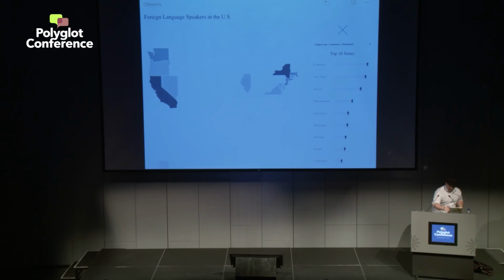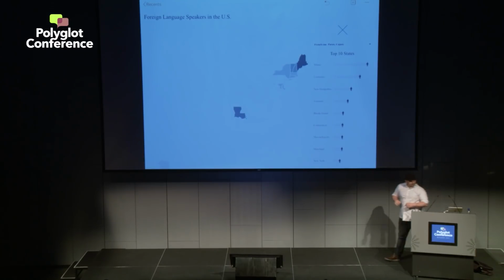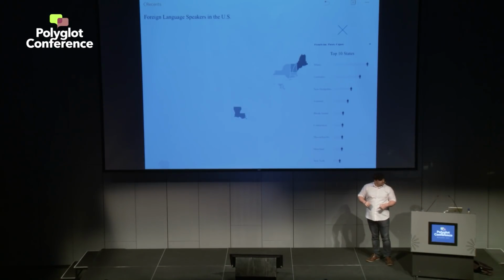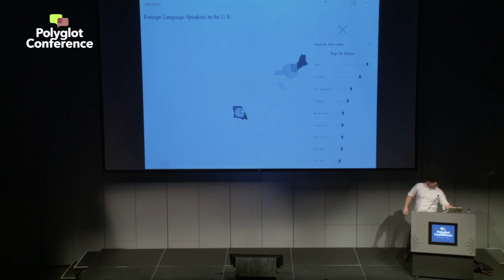They tend to have a lot of immigrants, okay. So maybe there's a story that can be told there. But some of these other languages start to draw different pictures. So for instance, French. And look at that. New York and California aren't jumping out so much now. Here we have, down there, Louisiana, and up here, Maine.